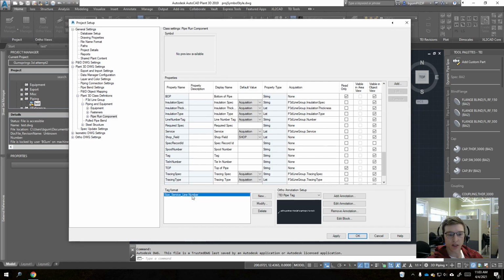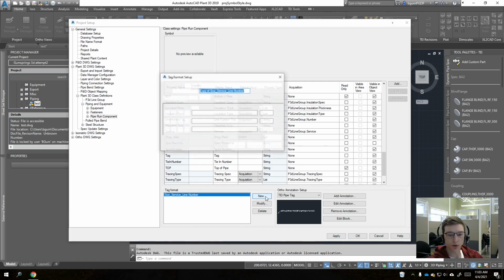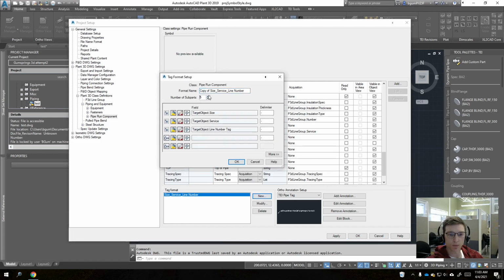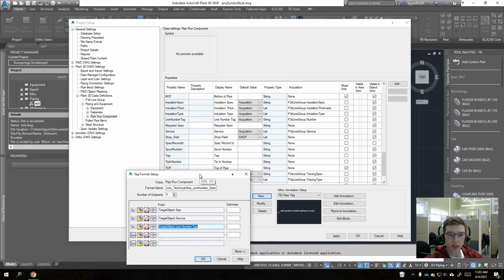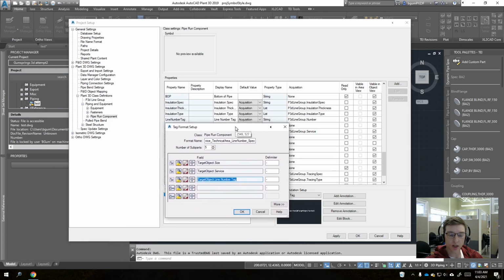So to do that, I think I just need to edit this. So I'm actually going to do a new here, and we'll set it to that. And we already said that it should be size, service, technical area, line number, and then spec. Okay, so it should be size, service, line number tag, and I think that is correct because I do not think that there is just a number